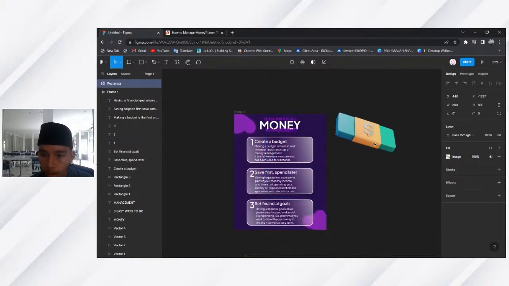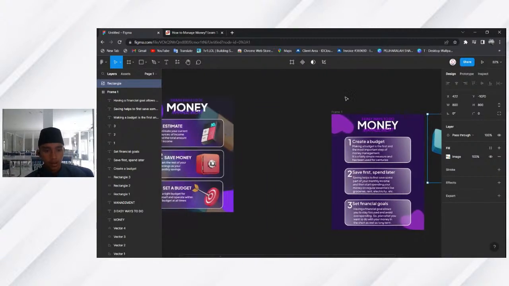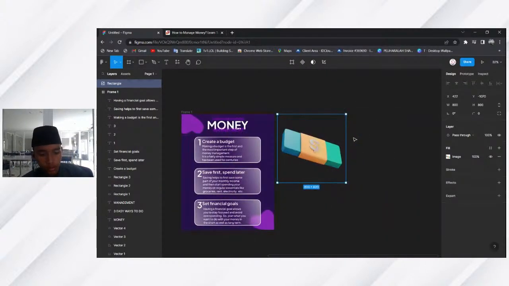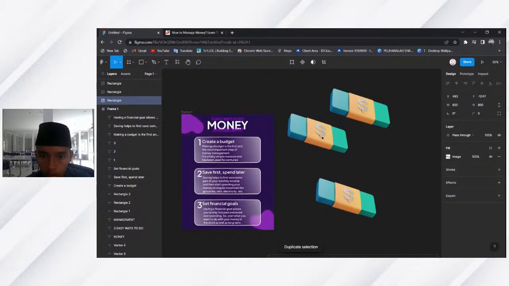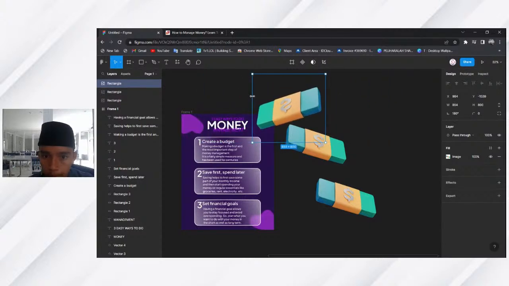Here we have the money image, and duplicate this into three parts. And for this one, I'm going to flip it, and how I flip the image is to do this. Yep.